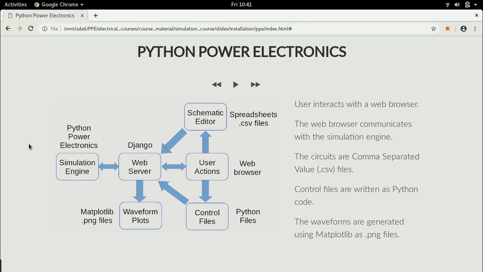Hello and welcome to this next lecture on Python Power Electronics. In this lecture, I'm going to actually install Python Power Electronics. To start off with, I'm just going through this particular schematic of what the requirements of Python Power Electronics